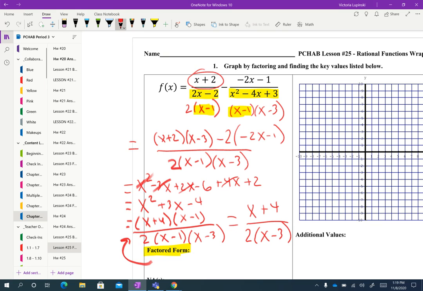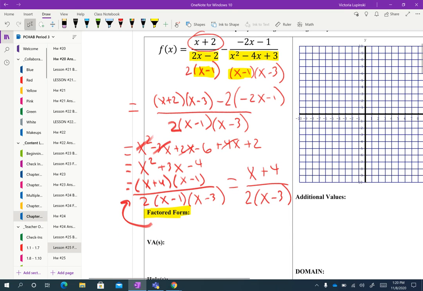Remember, they both kind of play a role in terms of going to find that important information. So a little bit of an algebra review here before we go ahead now and review all the graphing components. So now that we have our factored form, let's go ahead and start trying to calculate all these different values, which by this point we have done many, many times. To find the vertical asymptote, you are, of course, going to look for any non-common factors of the denominator. So you're going to set x minus 3 equal to 0, and that's going to give you a vertical asymptote